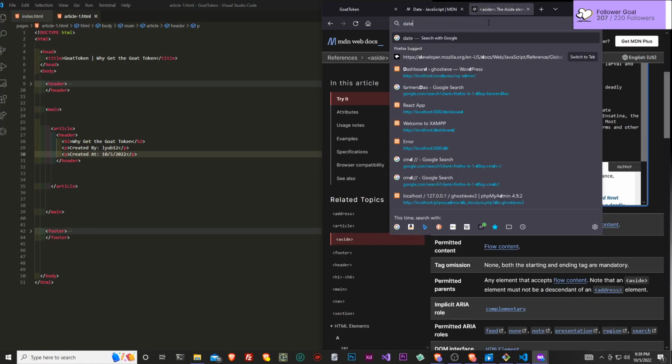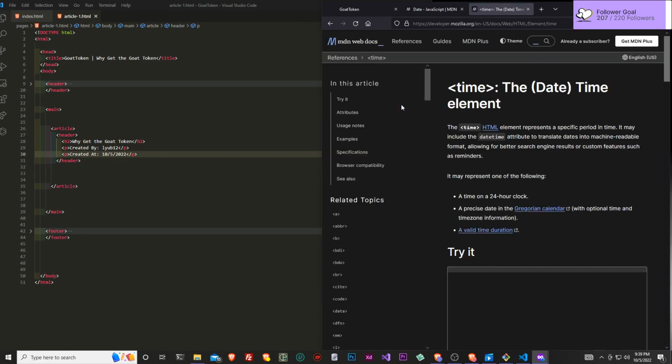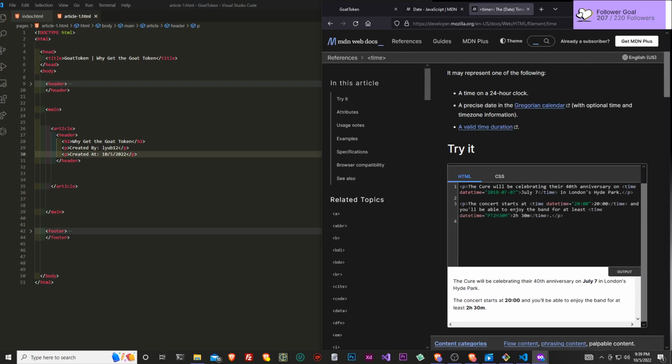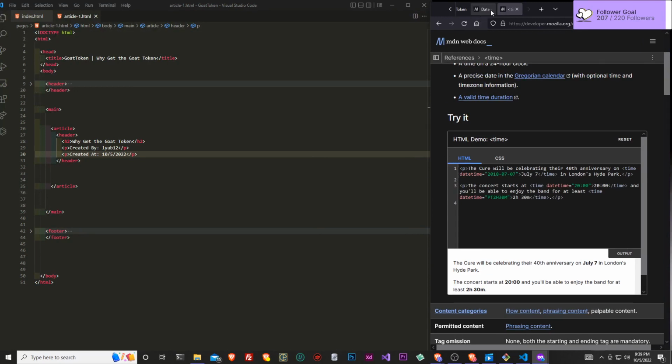Let's just go like this. Date element. Oh, there's actually a time element. Well, there's time and date element that we can be using, and this is all gonna be good for visually impaired people. But you see, I'm not a pro at HTML5. I'm still a baby and I'm still learning, but it's best practice. It's gonna be best practice for you guys if you're trying to be pros to use this time and date. So I guess we can just set this up.